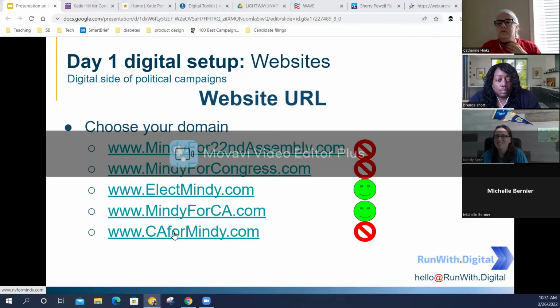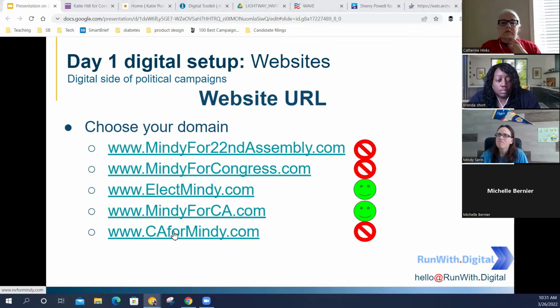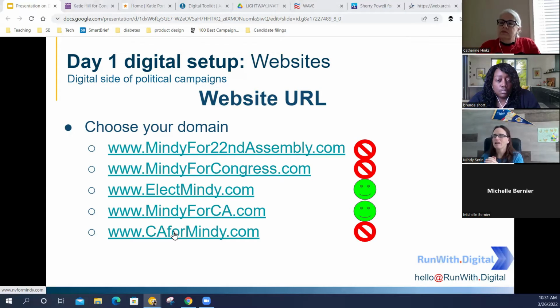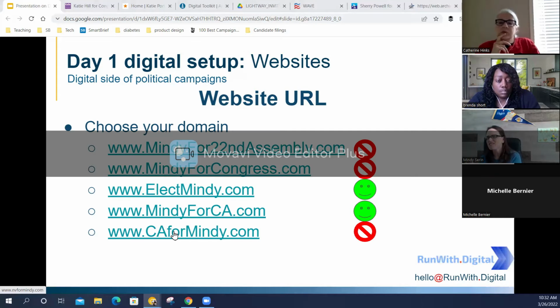I would do more of a focus for assembly, if the assembly district happens to be all in one location. I know some spread through various cities in Orange County, and even Orange County and LA or Riverside. So if you can get away with saying for the city rather than 22nd assembly, I would. If you want to say just for assembly, that's not too bad.